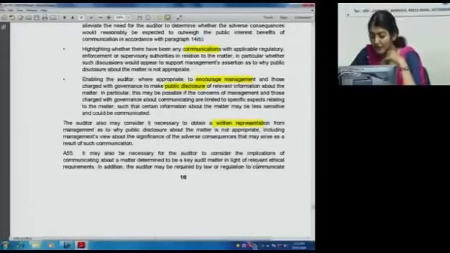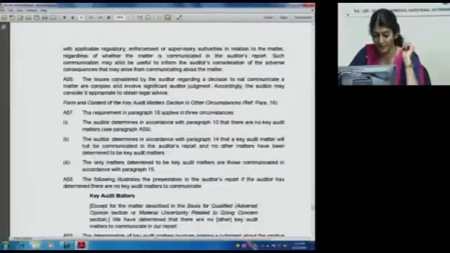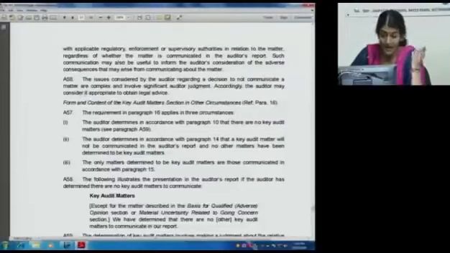Then it may also be necessary for the auditor to consider the implications of communicating the matter in light of the relevant ethical requirements. So implications on the ethical requirements. And the issues considered by the auditor regarding a decision not to communicate a matter is complex and involves